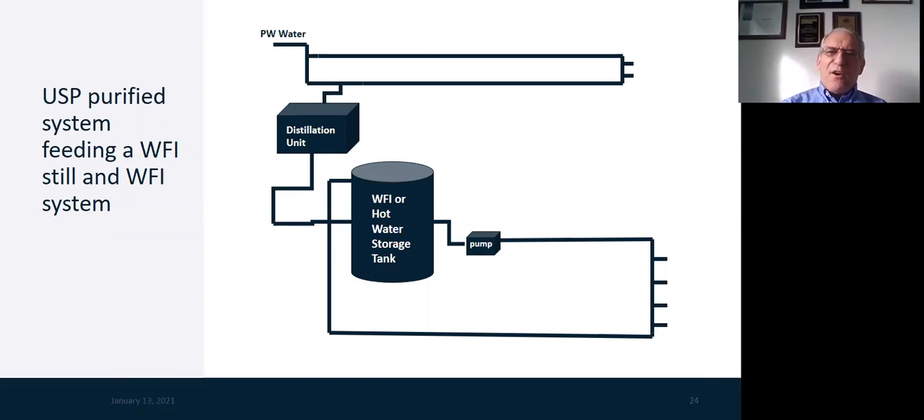This is a typical water system we see in a pharmaceutical application, showing a purified water loop at the top, and then running a multi-effect distillation unit as an example off of the purified water, then running into a WFI water storage tank, which may be running hot at 80 degrees Celsius with a pump downstream, and then a recirculating loop back to that hot